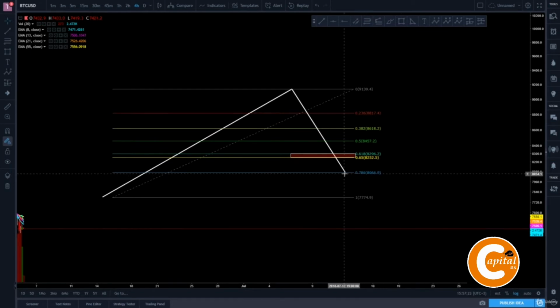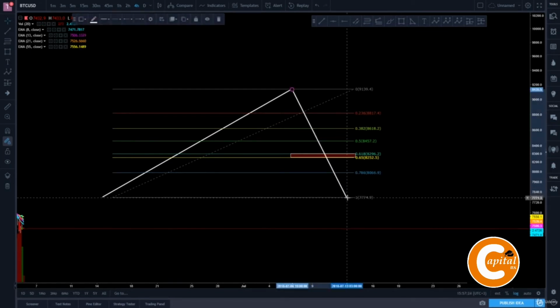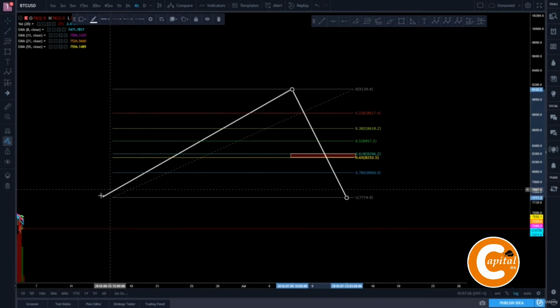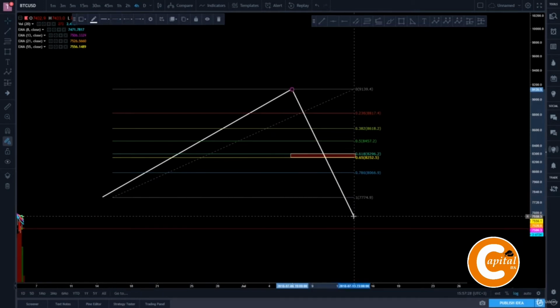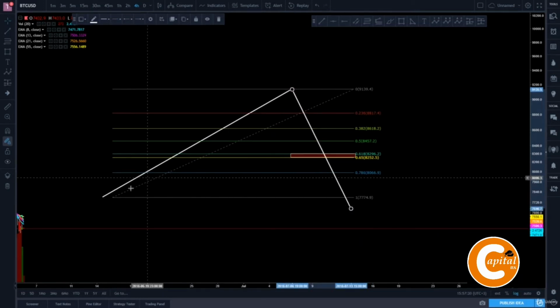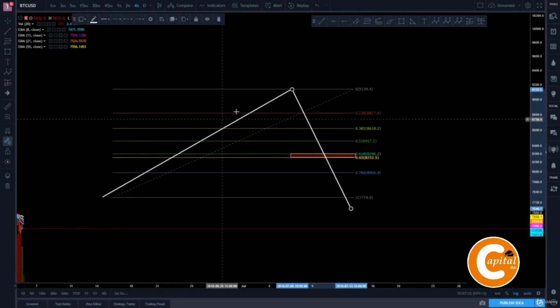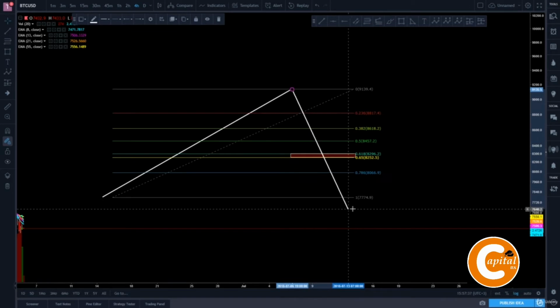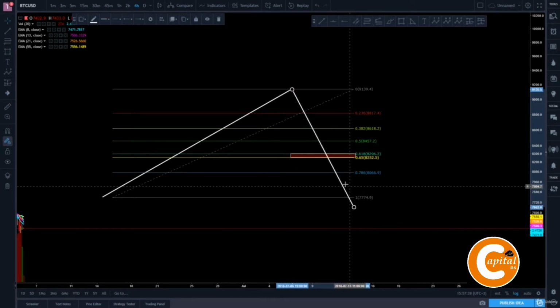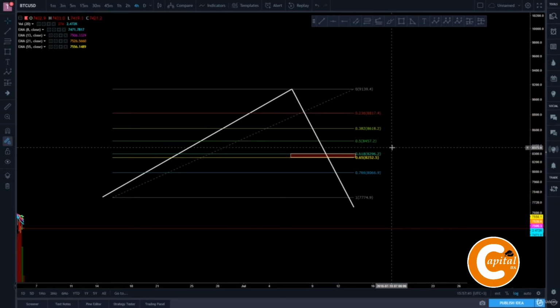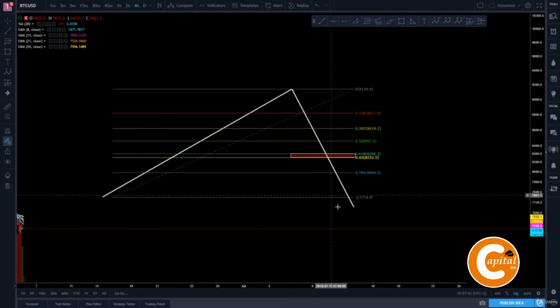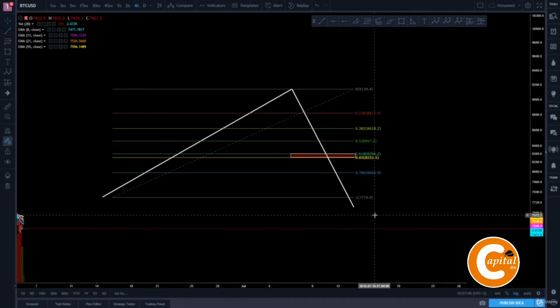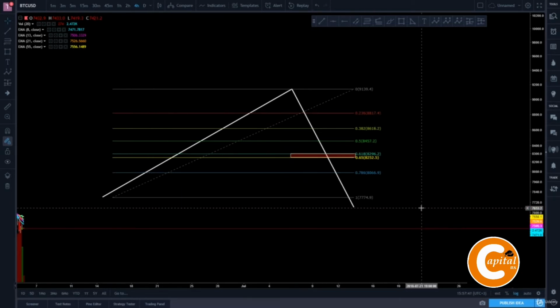Now the last level is this one right here, where this first wave started, and if it breaks below, even by a tiny amount, this first wave will be considered a failure, where wave 2 retraces more than 100% of wave 1, and that is denoted as a first wave failure, and the market will start to downtrend even more. So let's see some examples of how this tool is used and how it works